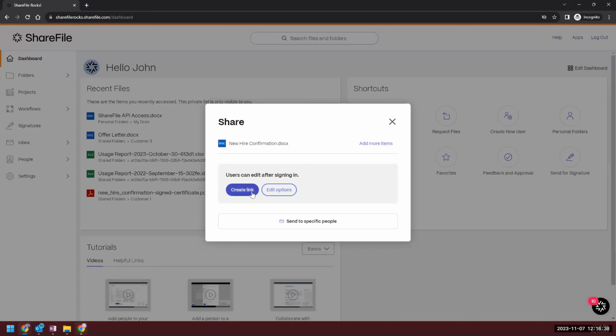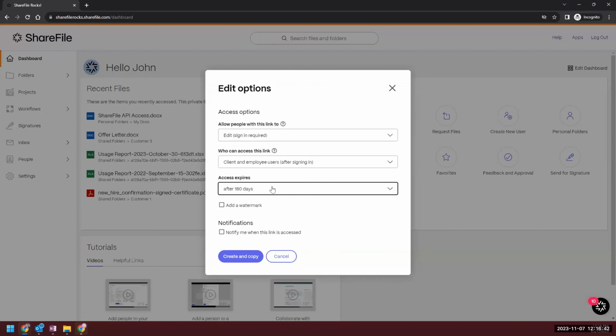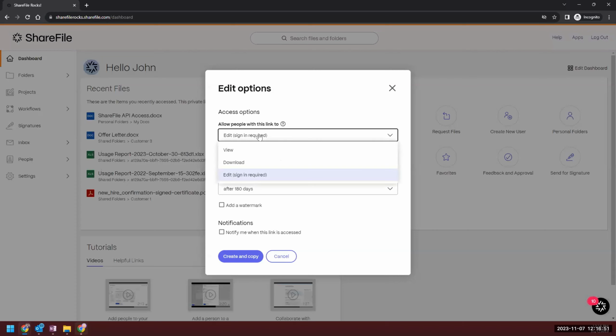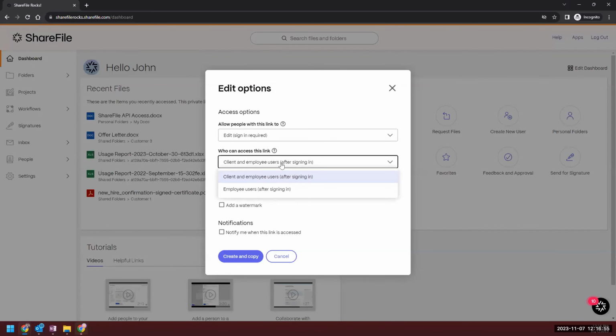But for this instance, I'm just going to create a link. But first, before I create it, I want to go through some security settings. And within this link, I can set it so that this becomes a little bit more secure when I send this out. By default, and we actually just made this change,